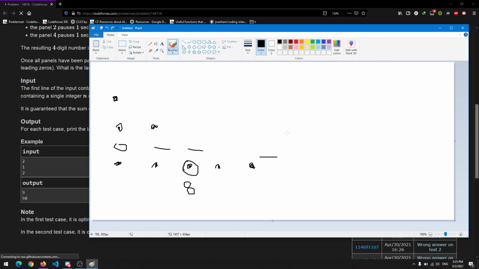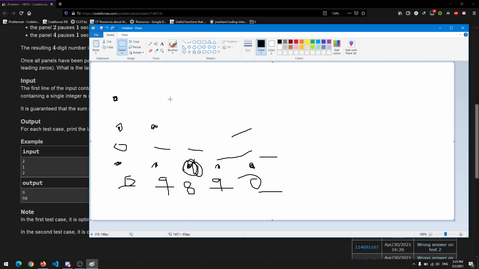So for example, if all of them have 8 currently on their faces and we pause this middle lamp, then it will get paused at 8. Then these will stop each second later. So these will stop 1 second late at 9, and these will stop one more second later, which would be 0 and 0. Certainly this is not an optimal solution. As you can see, it's just 9890, which is not the maximum number you can obtain.